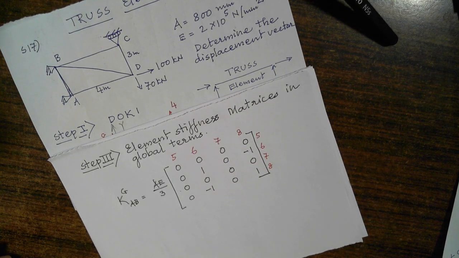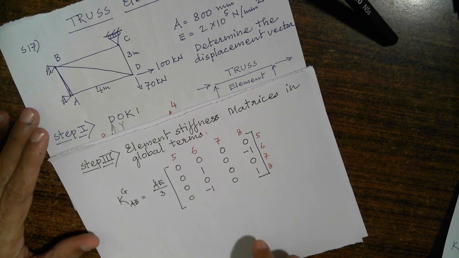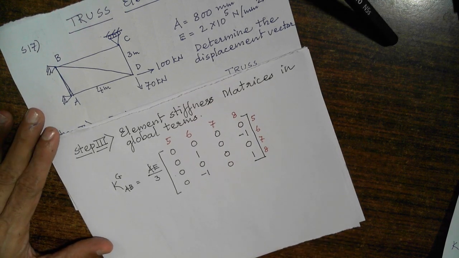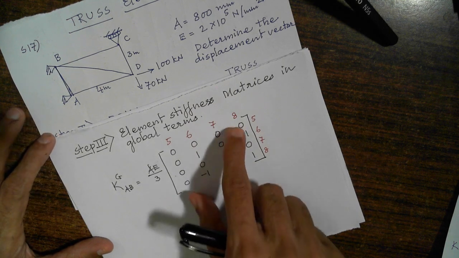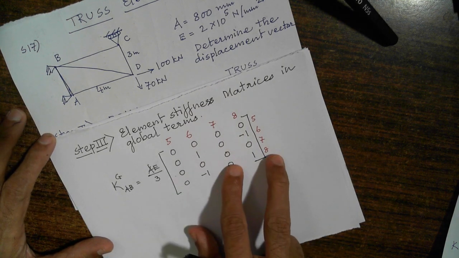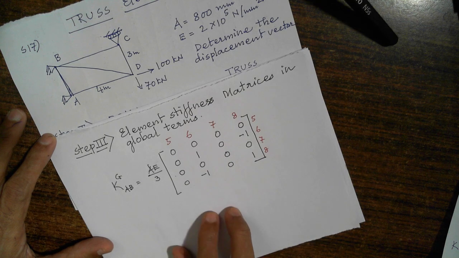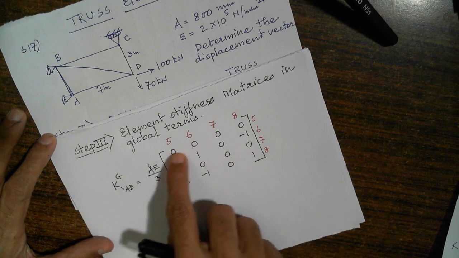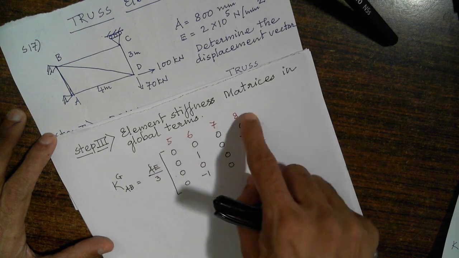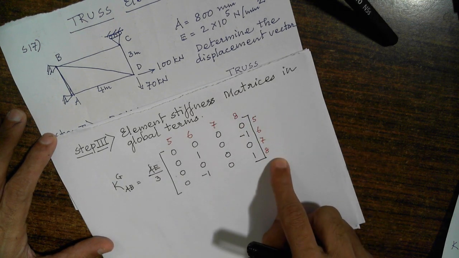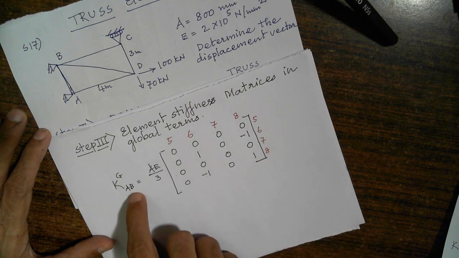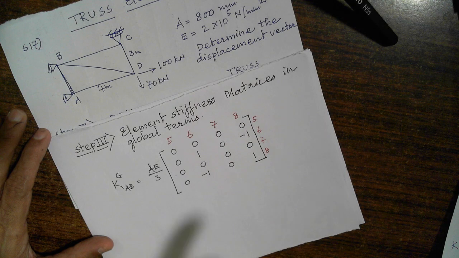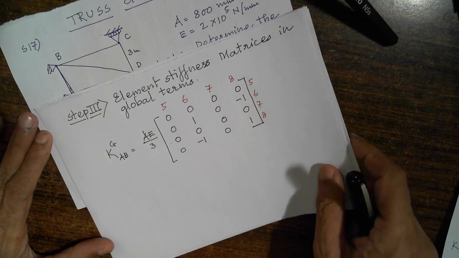All of you have just seen the procedure in our last numerical. First we write element stiffness matrices for all the elements, and then we map elements from the element stiffness matrices into our global stiffness matrix for the structure as a whole. But in this case I can't find any element because all are non-possible degrees of freedom, and that is why I can't find any element to be mapped from AB to the global stiffness matrix. That's why it is unimportant.